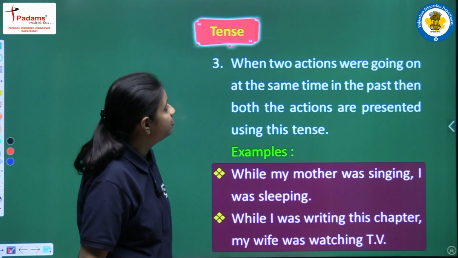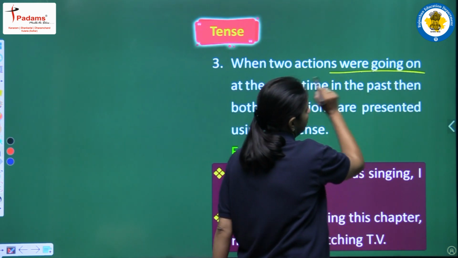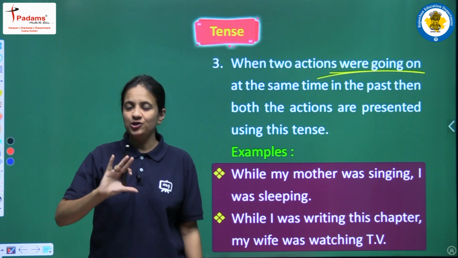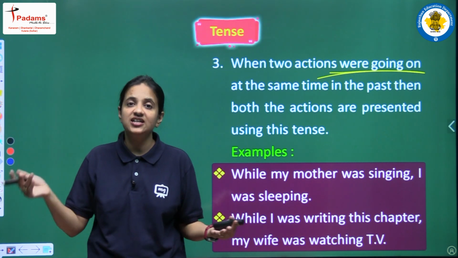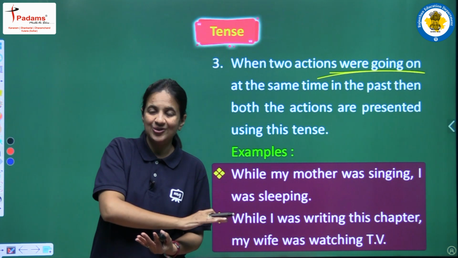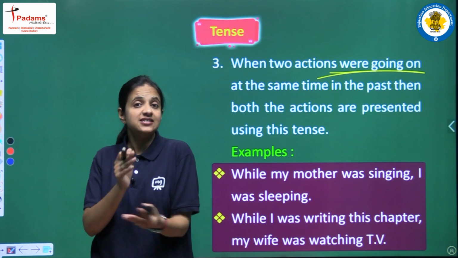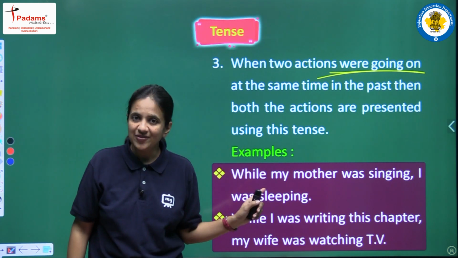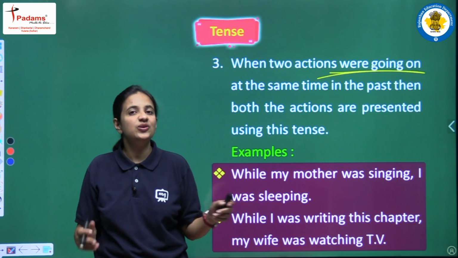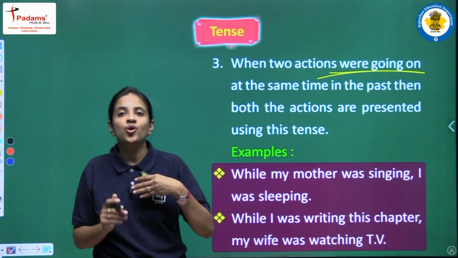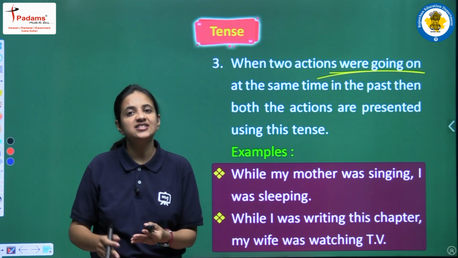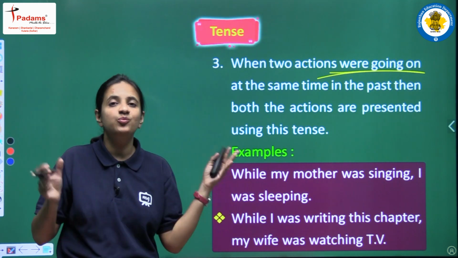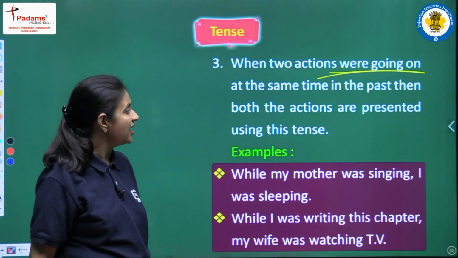The difference is that both the actions were going on. In the use we read earlier, what was happening? In that use also we had two clauses, two different actions, but one action was going on, one action was in progress, and the second action just took place, right? But now we have two actions, two different clauses, and both the actions were in progress at the same time. So yes, we will use past continuous tense in both the clauses, in both the actions.